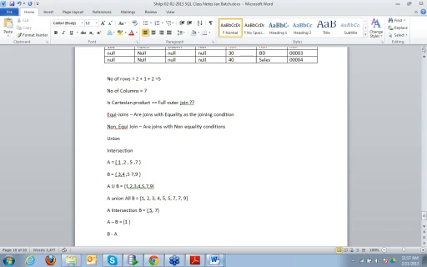Yes, we have 1 and 2 which are present in A but not in B. Then B minus A, elements which are present in B but not in A. So we have 3 and we have 4 and we have 9. So these are the 3 elements which are present in B but not in A. So are we clear on these operations?